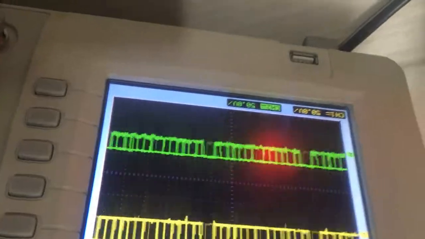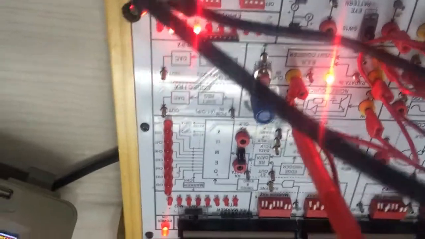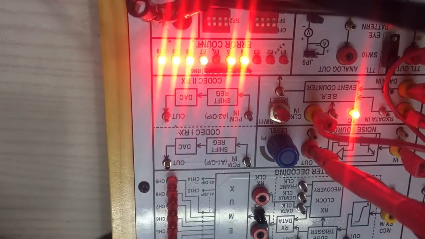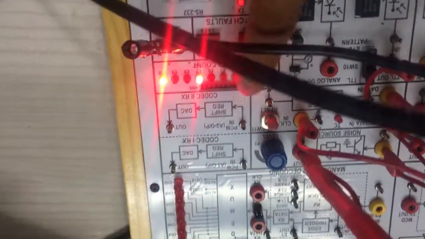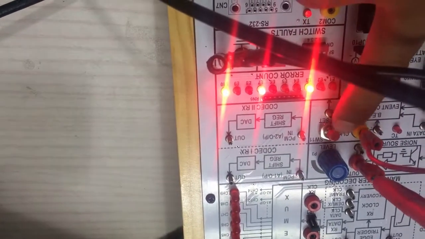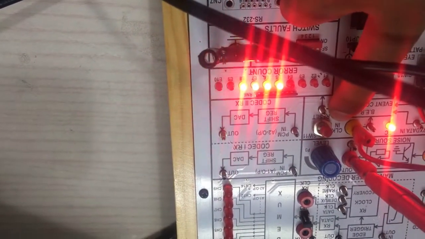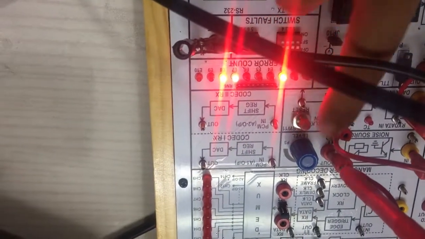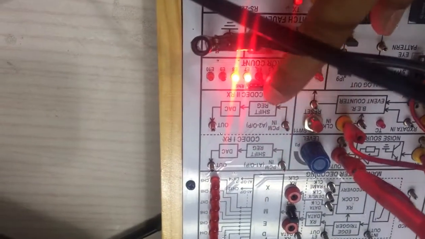Now I am taking medium noise, like you can see here. Let me count the bit error rate again. Now you can see there are only 3 bits in error because I have taken a medium amount of noise that is added to my signal. So I can press this reset button again and again to count the number of errors I am getting over here, and can adjust this level to get multiple readings for this bit error rate.